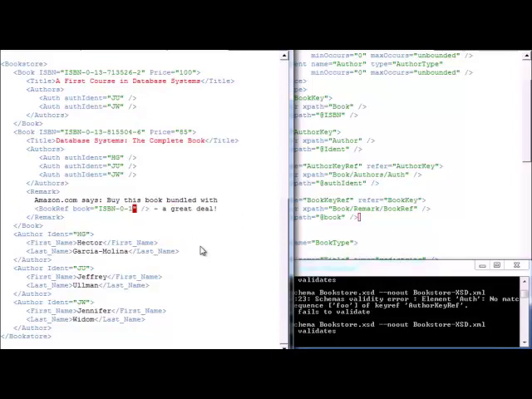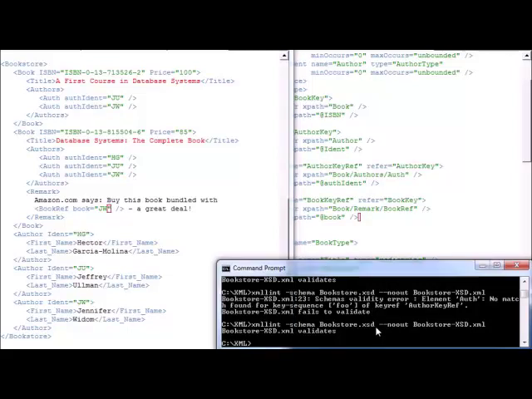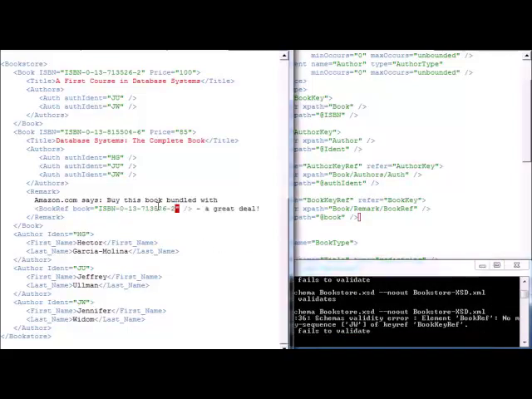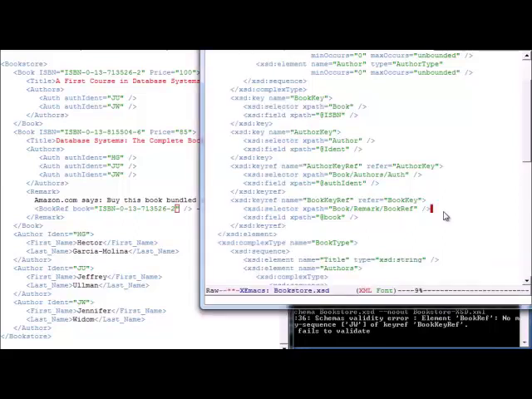to refer to JW. This should not validate because this time, unlike with DTDs, we've actually specified typed pointers. In other words, we've specified that this pointer or this reference must be to a book element and not to an author element. So we'll validate, and indeed it fails. I've undone that change, and now let's move to the last feature that we're going to look at in this